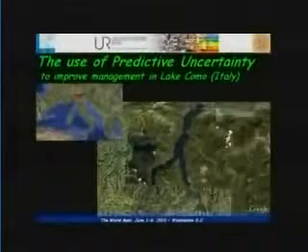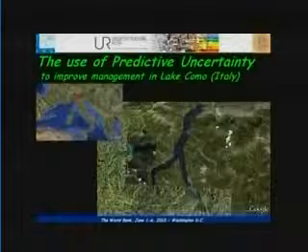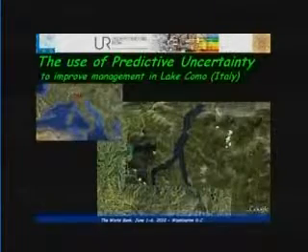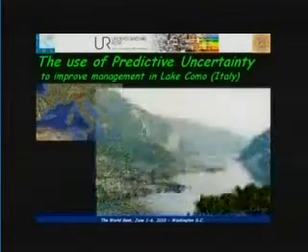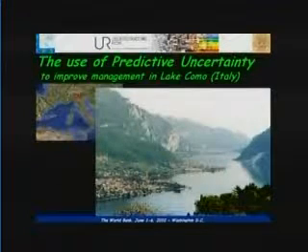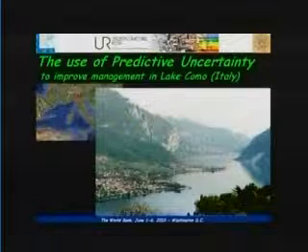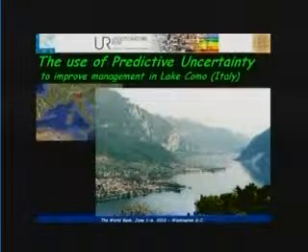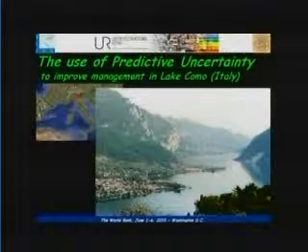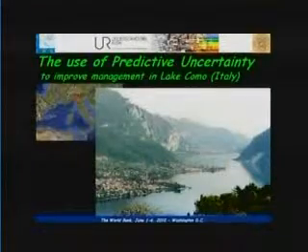The second case is on Lake Como in northern Italy. And Lake Como, you might know, is famous because George Clooney has his house on Lake Como. But it's a beautiful area, and they had problems of flooding of the city of Como, as well as reduced water. By using this concept of getting the predictive uncertainty and use the predictive uncertainty to estimate the expected damages,